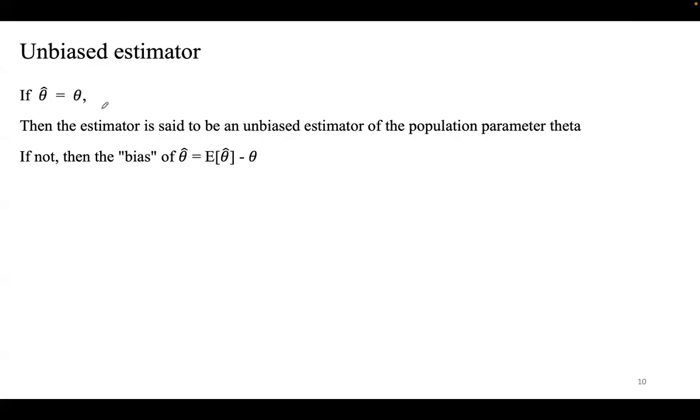If both of them are the same, then there is no bias, and you'll say that the estimator is an unbiased estimator. But if it's not, then you can calculate the bias, the difference. And that difference is nothing but the difference between the expected value of theta hat